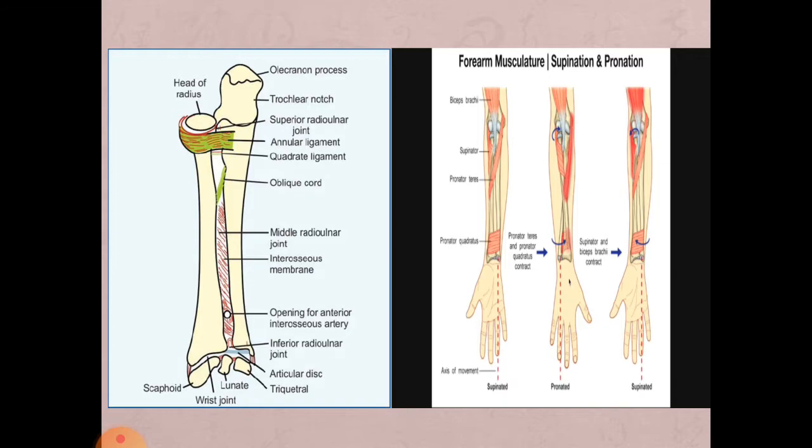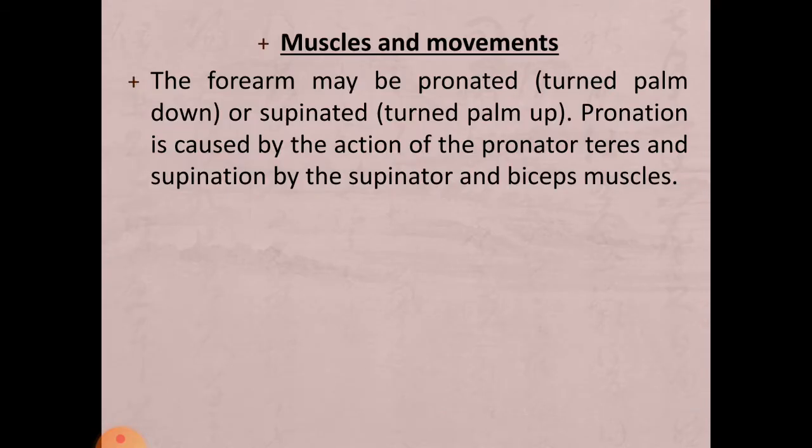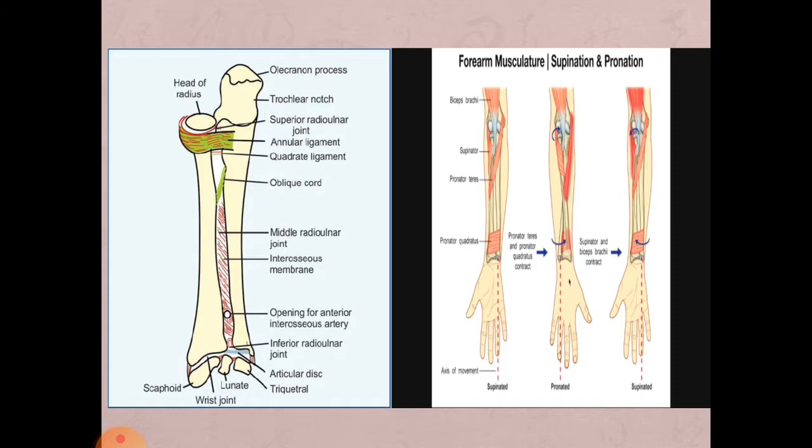That is the part of the radius. So these two are the pivot type of joint, and between this is a fibrous joint that is due to the interosseous membrane, and it is providing the stability to these two bones. And you can also appreciate the extracapsular ligaments that are providing the stability to the proximal radioulnar joint.